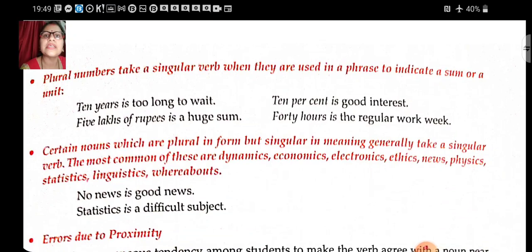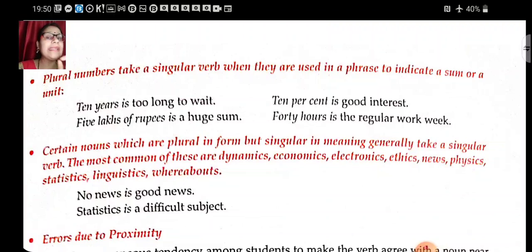5 lakhs of rupees, it's a total number of 5 lakhs of rupees. 10% is good interest. They're talking about a calculation which is given to you either to understand something or in round figures. You can say 40 hours is a regular work week. When you talk about accurate numbers in a sentence, it simply means that you are supposed to use is along with them, a singular verb, because they are used in a phrase to indicate a sum,